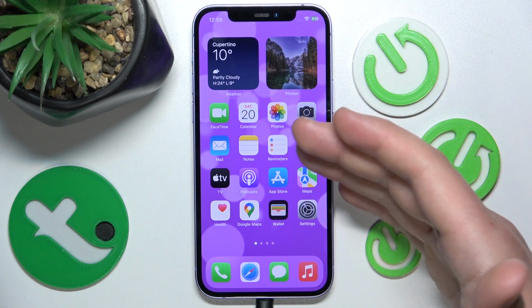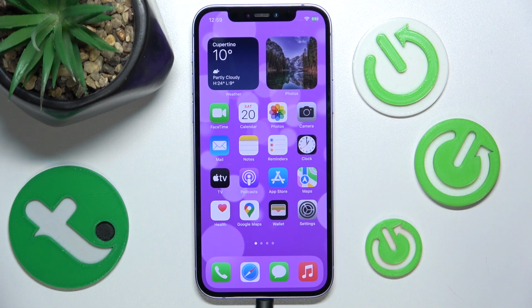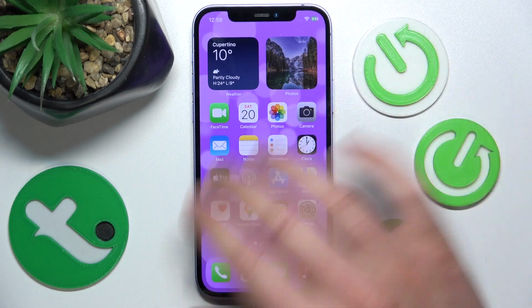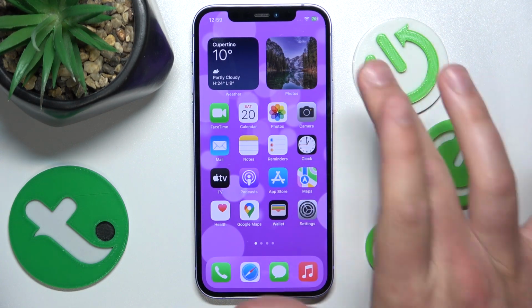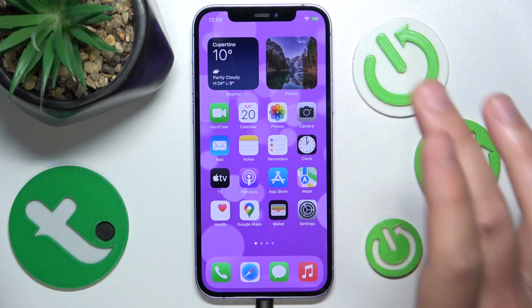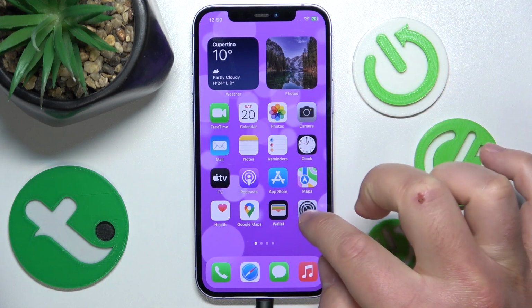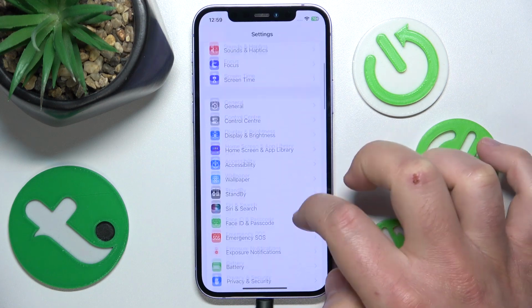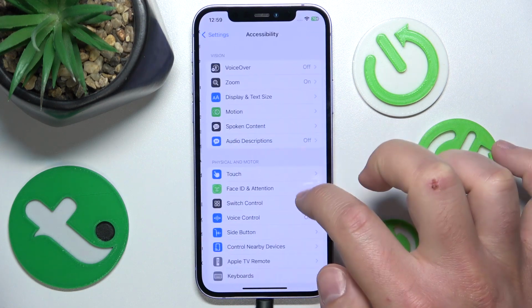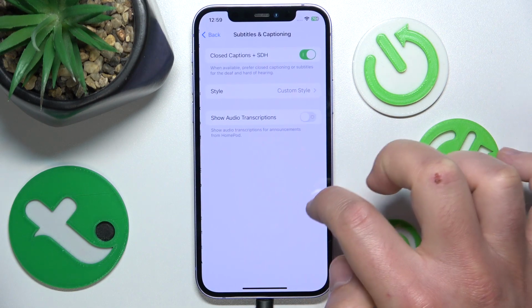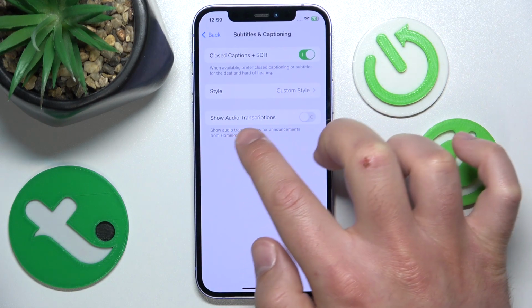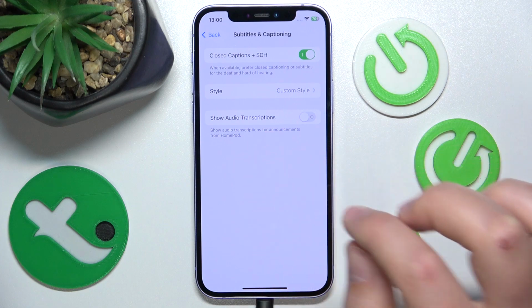So today in front of me is the iPhone 12 with the iOS 17.4, but it really doesn't matter which iPhone you have or which version of the iOS you have, it is all going to work the same on every iPhone. So what you want to do is to open Settings, swipe down, tap on Accessibility, swipe down again, tap on Subtitles and Captioning, and here you can turn on the Show Audio Transcriptions, and what it does,